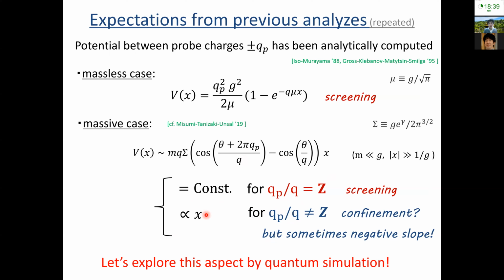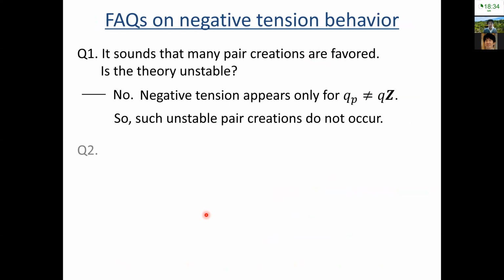And before showing a numerical result, let me comment on some frequently asked questions on negative string tension behavior. First, it sounds like negative tension behavior implies that pair creations of fermions are favored, and that the theory is unstable. And the answer is no, because